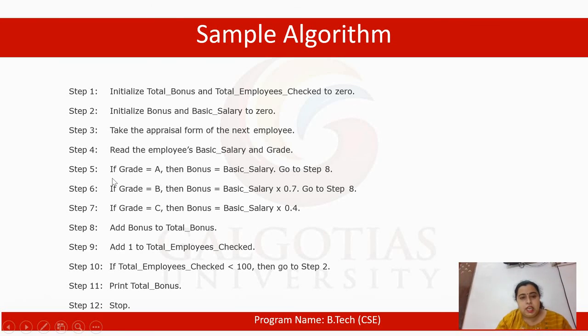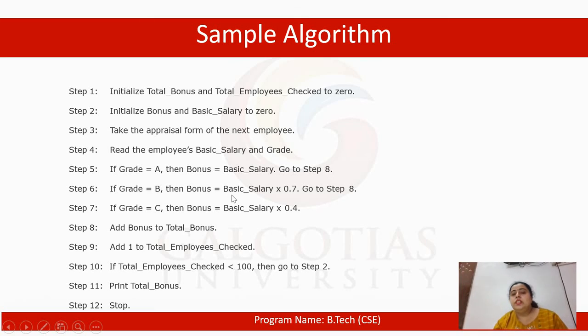Now you can see here, step 5: if grade is equal to A, then bonus is equal to basic salary. Yes, bonus is 100%, so it is going to be basic salary. And we'll have to go to step 8 where we are adding the bonus to the total bonus, because we need to calculate how much bonus has been distributed by the company.